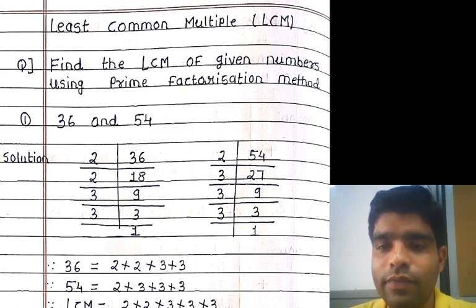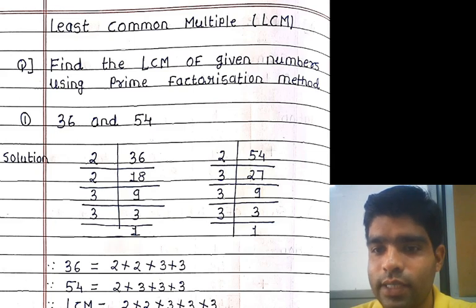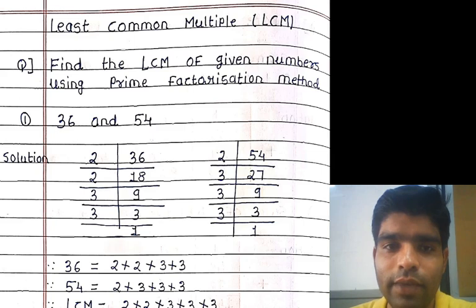It means that first of all we have to use the prime factorization method. It means that we have to use division, a simple method. Now listen here. 36 is definitely divisible by 2. First of all we write 36 on one side and 2 on the other side. Now 36 divided by 2, definitely your answer will become 18.